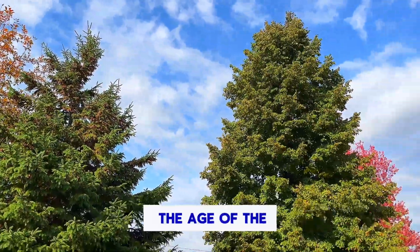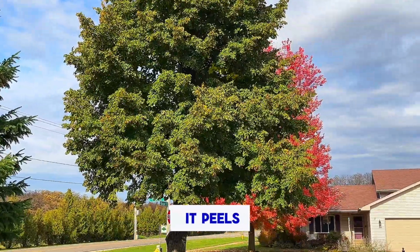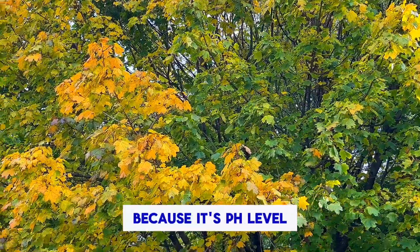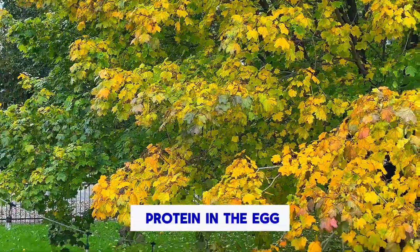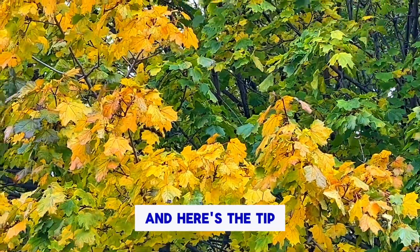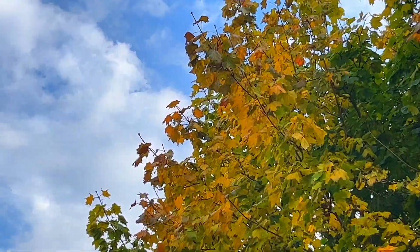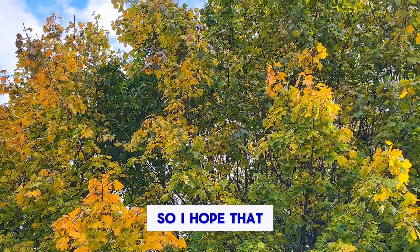Did you know that the age of the egg can affect how easily it peels? Older eggs tend to peel more easily after boiling, because as an egg ages, its pH level rises, which helps the protein in the egg white bond less to the shell. And here's the tip. Starting with room temperature eggs can prevent cracking when they hit the hot water. There you go. Now you know why, and you got some information along the way, so I hope that helped,